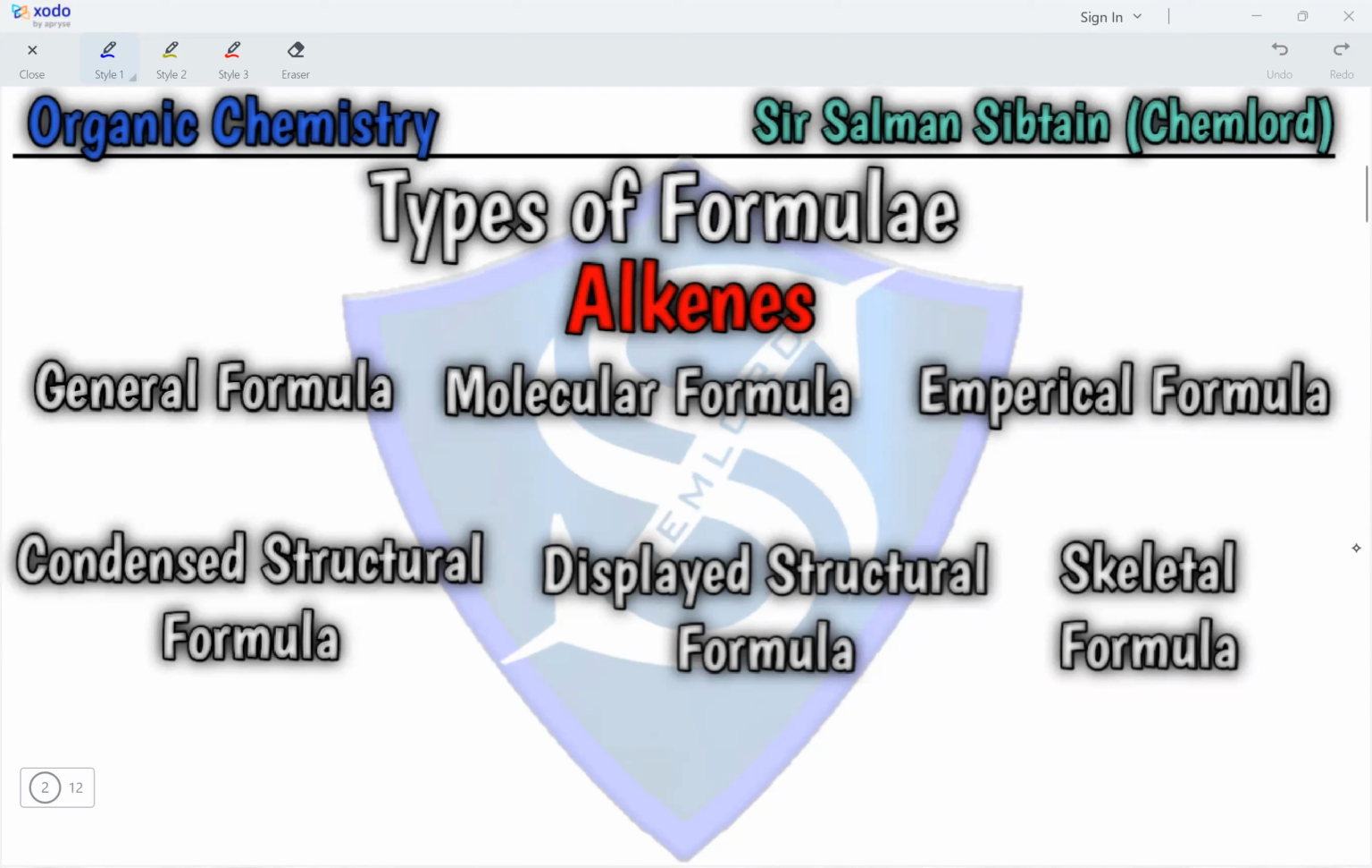Next, we will be looking at the different types of formula of alkenes. So a four carbon alkene would be called either but-1-ene or but-2-ene. So taking